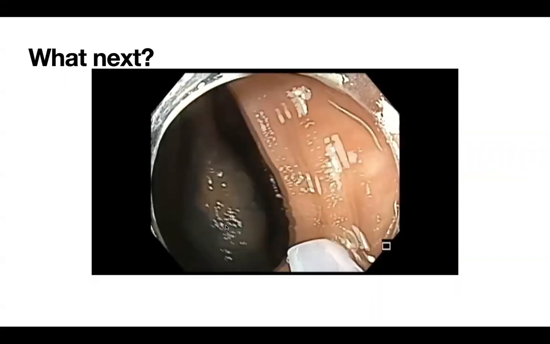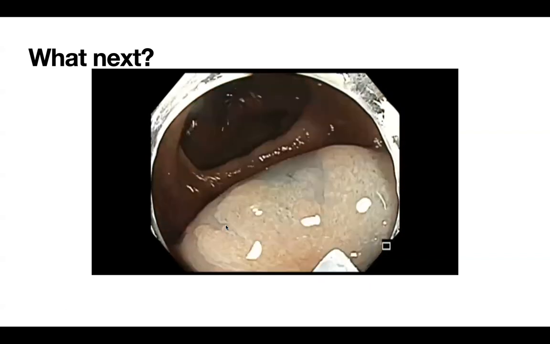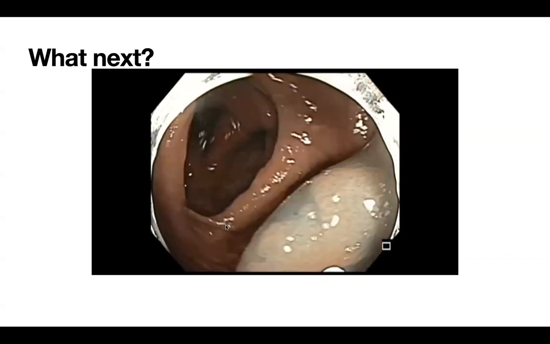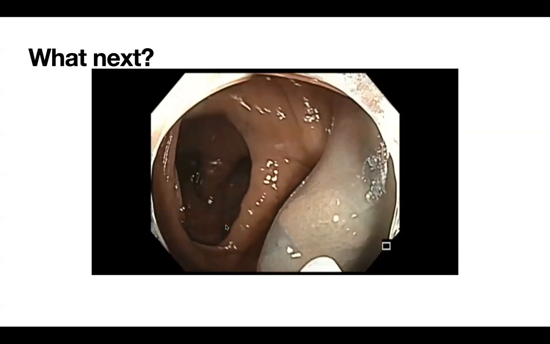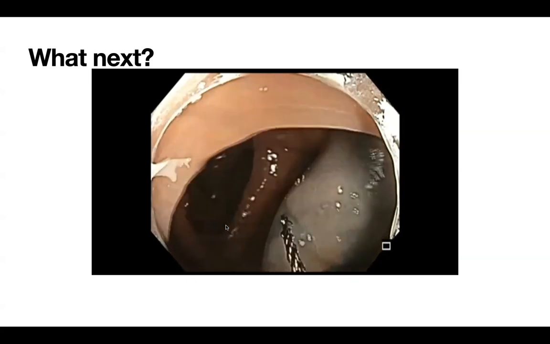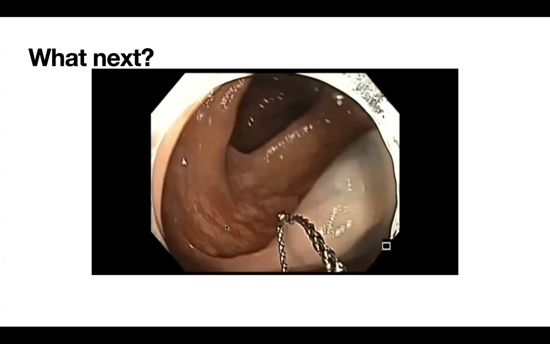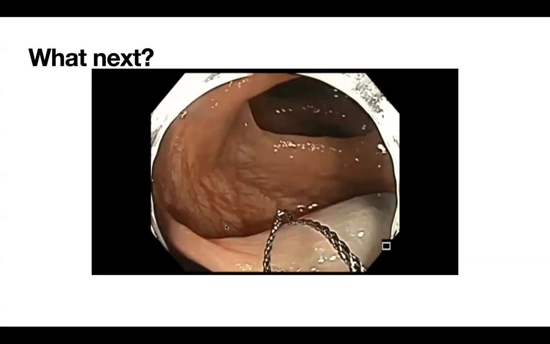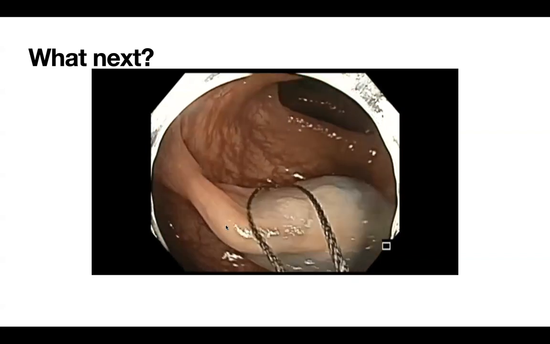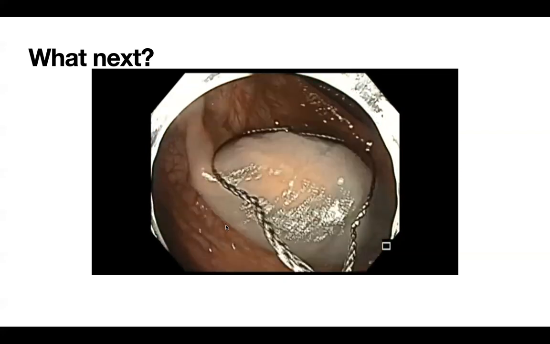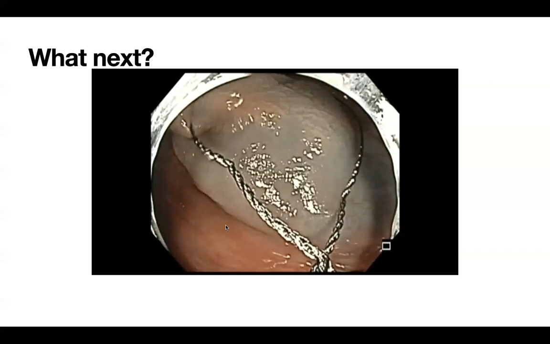So next is the EMR. We used a 15 millimeter snare, and this is a totally unedited video from the beginning to the end of the resection. And we used a stiff snare, as you can see, a braided snare. Although Olympus has both a cold and hot snare for EMR, I prefer just a stiff braided snare because it